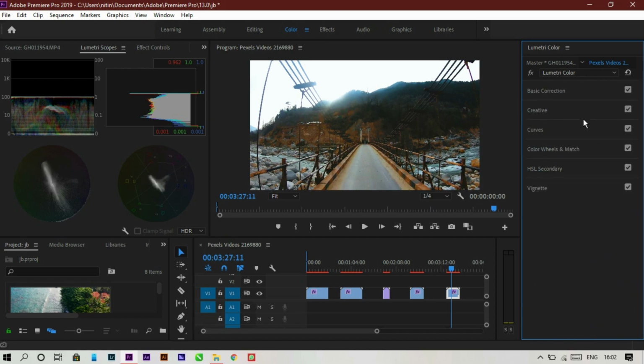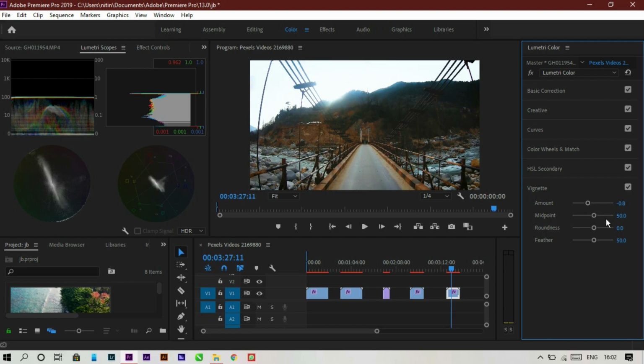So I think all is done, and you can see much of the color is now popping out of the image. Now if I go to the vignette, what is vignette? You guys saw those pictures darkened at the sides, and this effect is also present in Instagram but for photos. And here we can use it in videos, but I generally don't use vignette much in videos because it looks fake in videos, but it looks good in photos. But here we are talking about videos, so I generally don't use it that much.